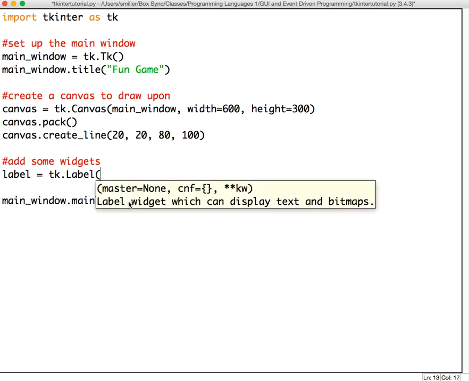and you'll notice again that you get a little pop-up there that tells you what's expected in the argument list. Master again is the parent container of this widget, which in our case is the main window. So main window. And then there are a variety of keyword arguments. These are parameters that are specified with keywords. And you've used these. For instance, in the canvas up here, we said width equals 600 and height equals 300. These are called keyword arguments because you specify their values with a keyword rather than just separating them by commas. You can specify some or all of the keyword arguments by taking the value and prepending that with the keyword